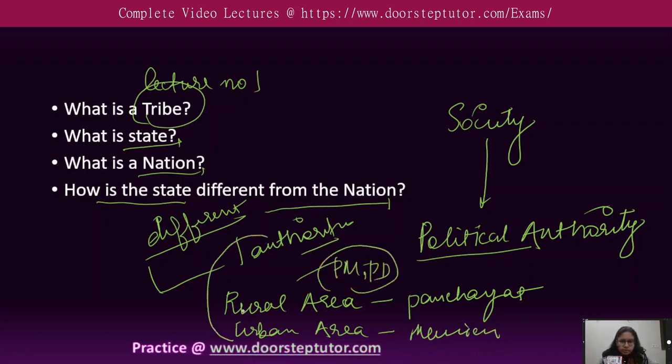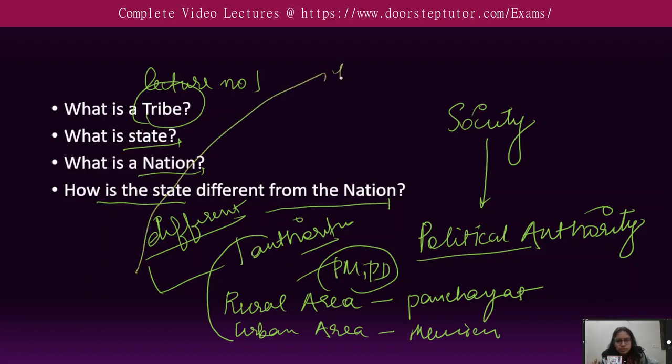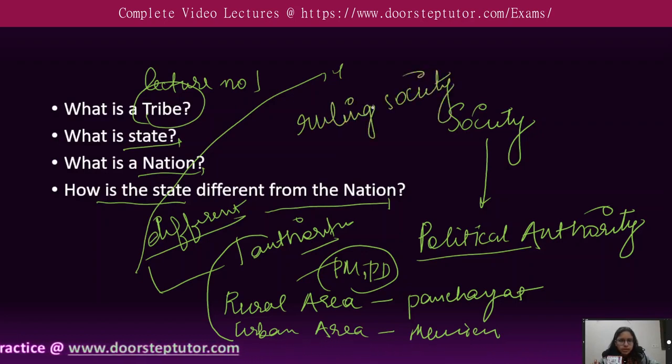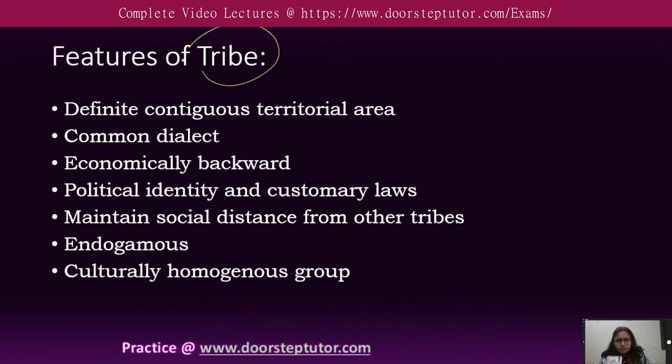So where does it start from? How did these societies get these different political entities to rule them? That's the main motive behind this whole unit, to understand how political authorities first started ruling over societies and controlling them, what the different political structures in society are, how they evolve, how they benefit, or how different types of political functions work in a society. So let's move forward. First, try to understand what is a tribe.